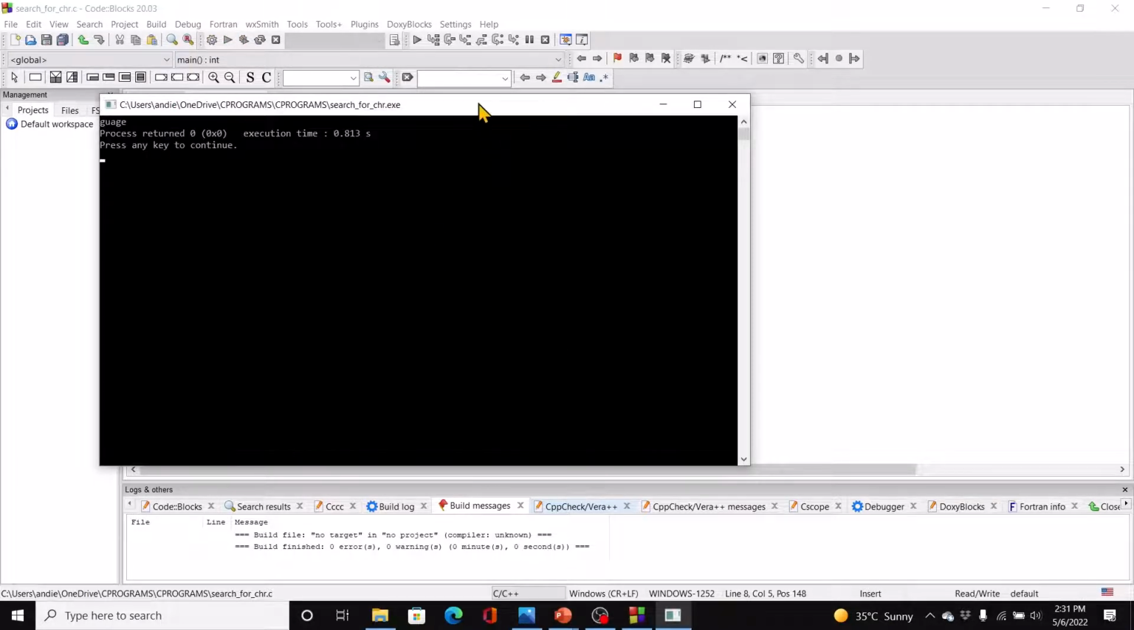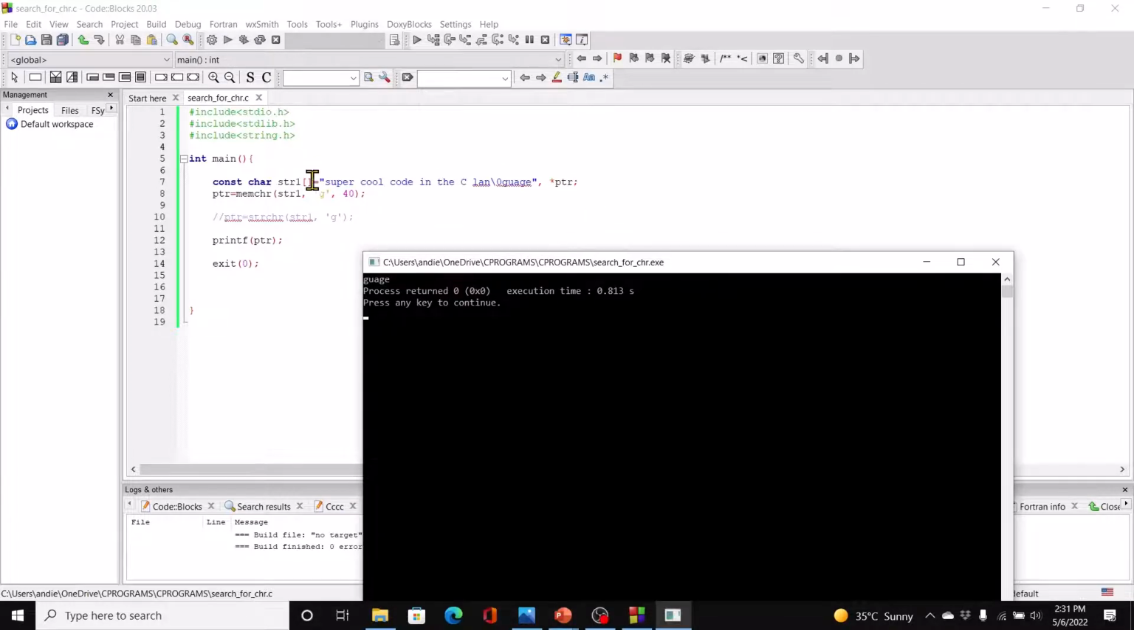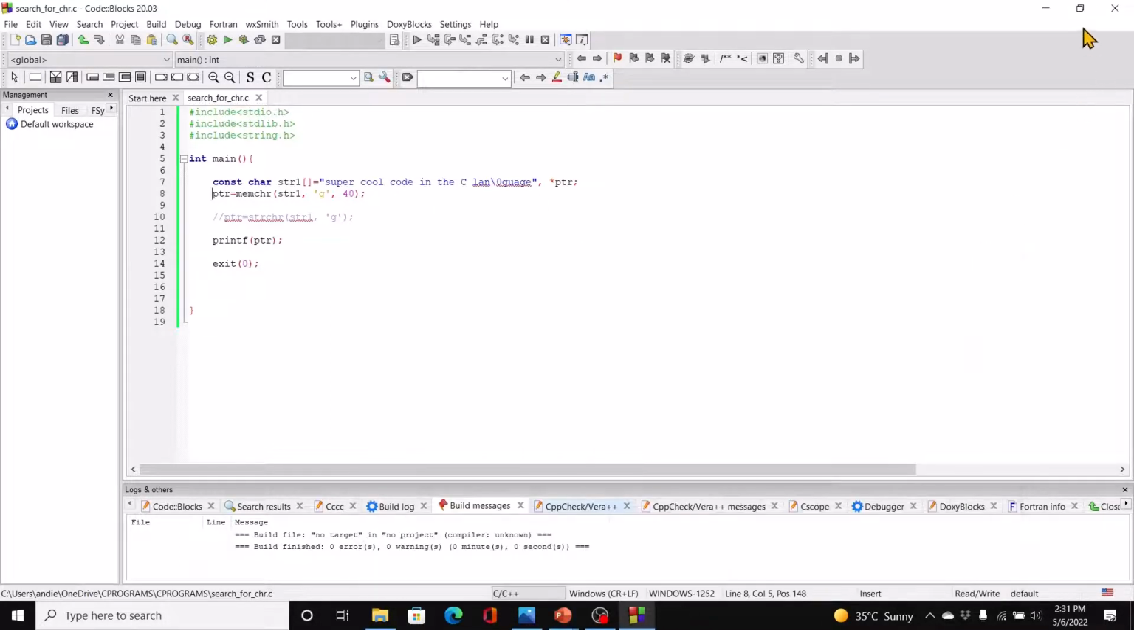And you can see that memchr is reading beyond that null character, right? So there's a difference. memchr will read beyond the null byte, looking for ch, represented here by g. Okay, so that's the difference between memchr and strchr. Moving on,